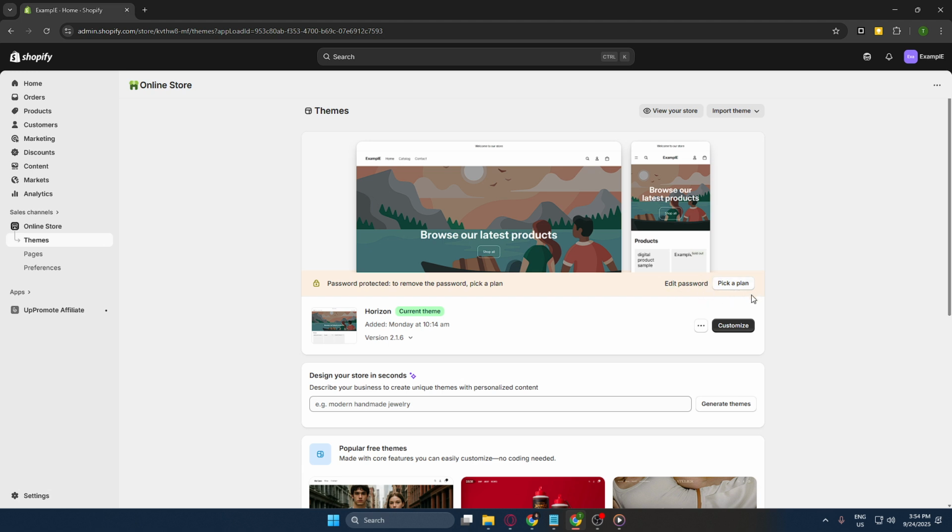If you're ready to go live, it's time to make that change. The interface will guide you to a section named Edit Password. Here, you'll find the option to remove this protection. Simply click on Remove Password, and your store will no longer be hidden from visitors. This is a crucial step in going live as it allows customers to browse and purchase from your shop without